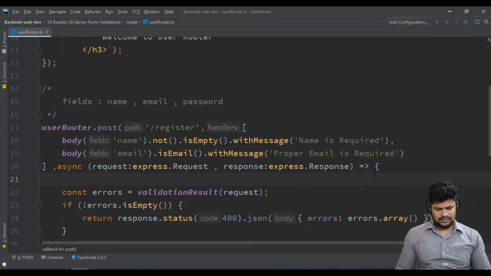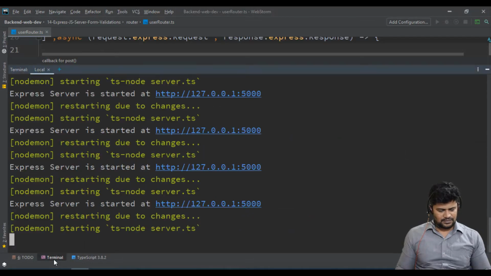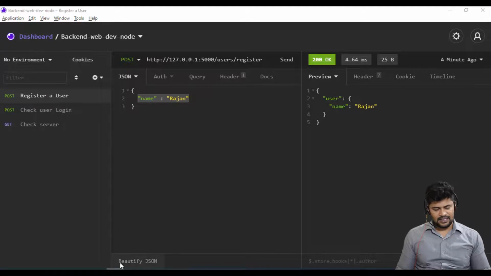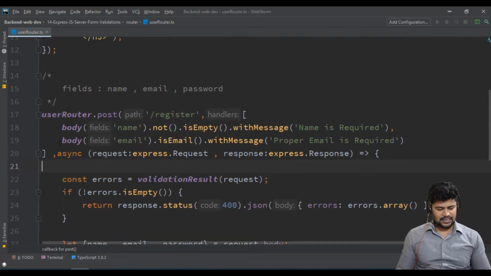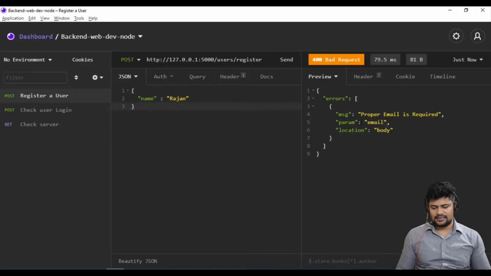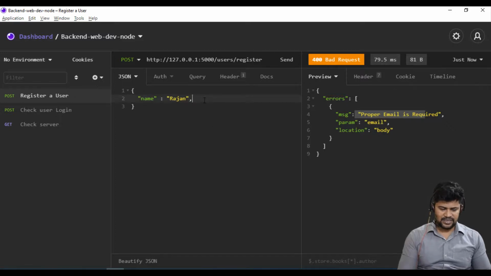Okay, so let's verify. Now my server is starting. Yeah. See, I have added one extra line, email verification. If I don't send email, what happens? You get the error: enter proper email. Perfect.